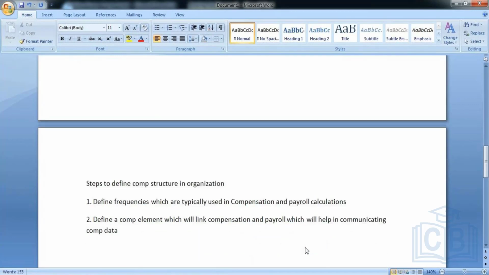That's how you typically perform the other steps. You'll be creating an element where you'll be linking both the compensation and payroll. So whatever you are defining in advanced compensation will be flowed to your payroll. And once you have everything flowing to payroll,